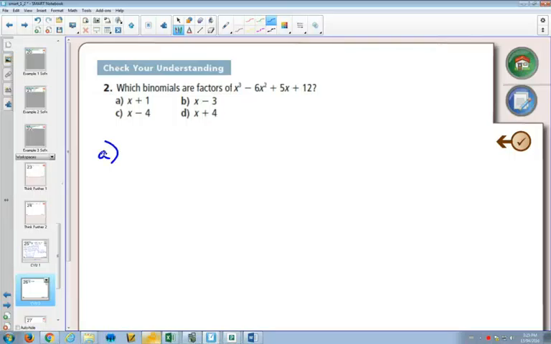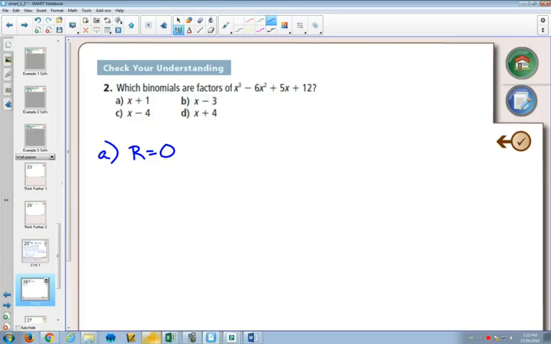So, what do we know? If something's a factor, when you divide, you're going to get a remainder of 0. So to find out if any of these are a factor, you need a remainder of 0. Here, you're going to have to decide, is it better to use your remainder theorem, or is it better to